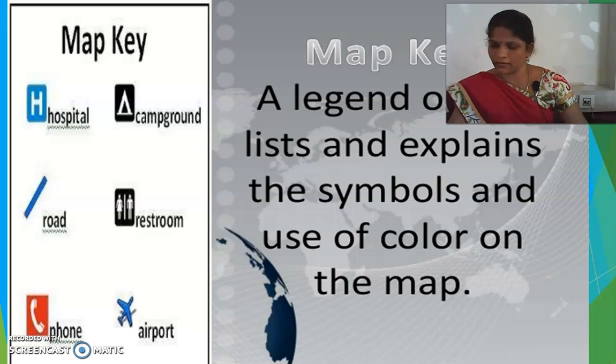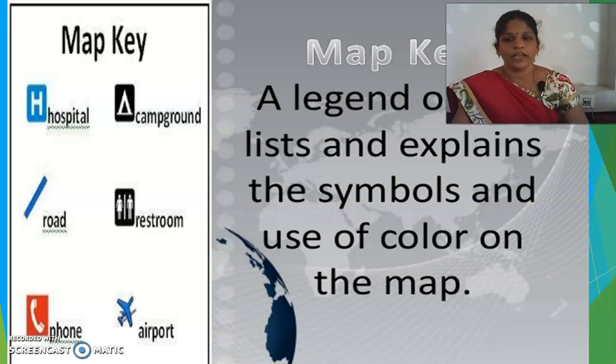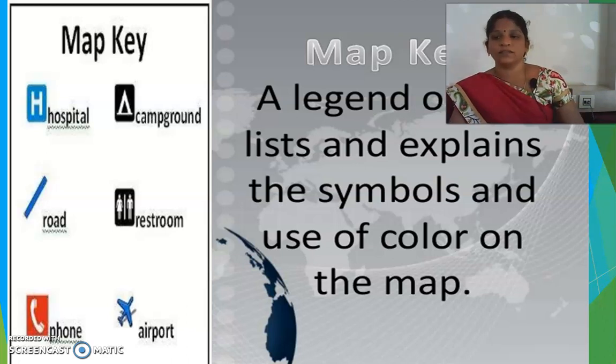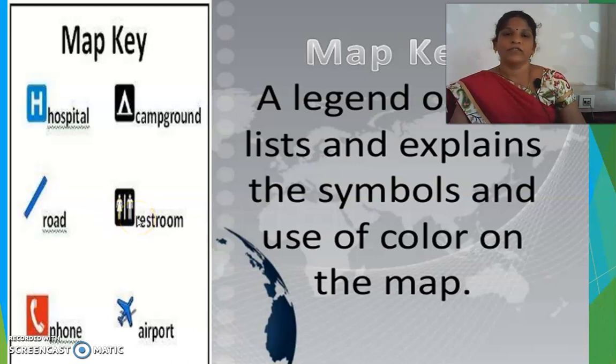In page number 26 for you, they have given that the map key, or symbols, or legends are called conventional symbols. You see here they have given a model, a restroom. On a map or a board, this means we understand that there is a restroom there. Yes, it helps us while we are traveling.